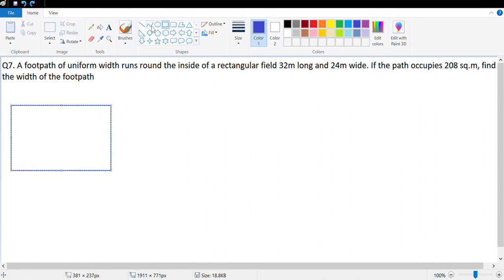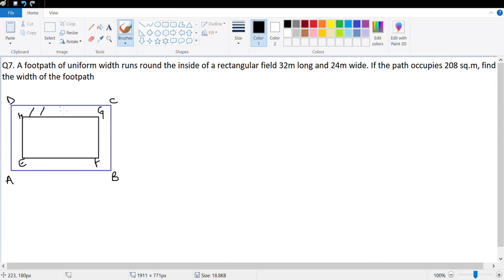So let's say this is my rectangular field, and this is running inside, which means the footpath is running inside the field. So let this be the footpath. So let us call it A, B, C and D, and let this inside part be E, F, G, H. So this part is basically the footpath. Okay, so let width of footpath